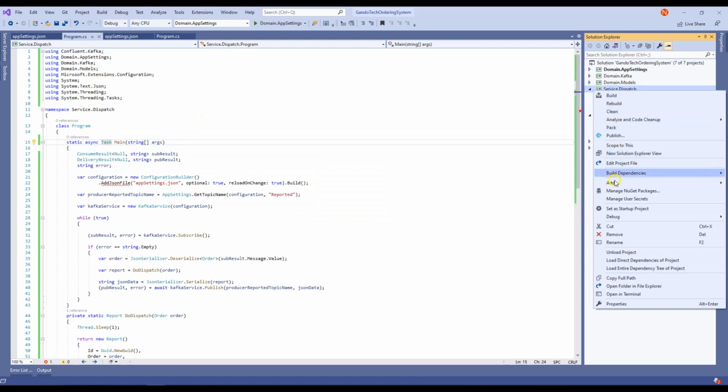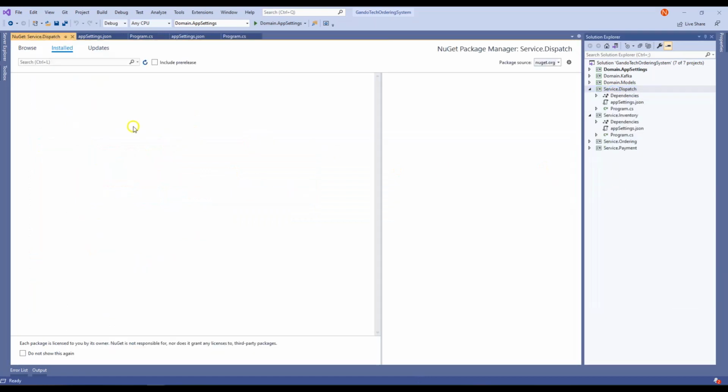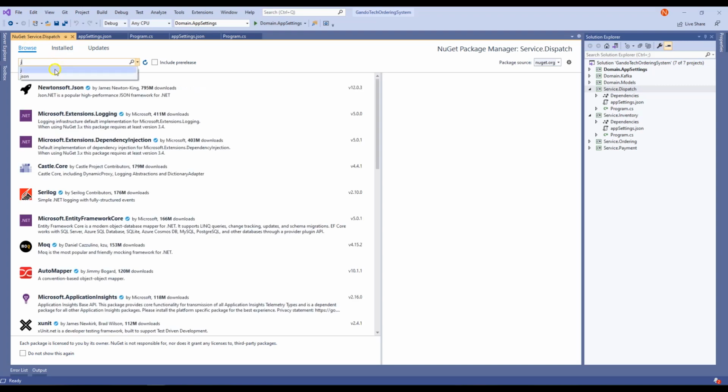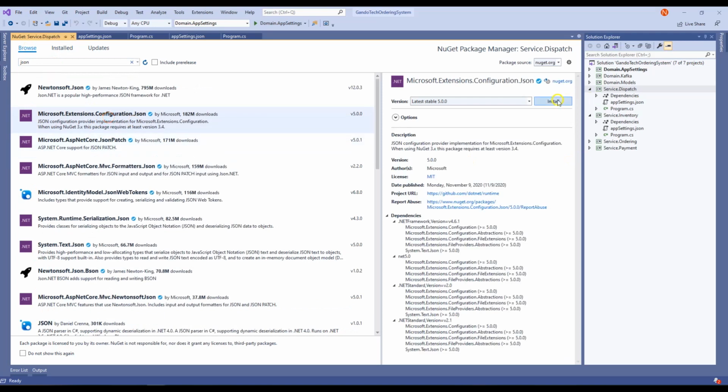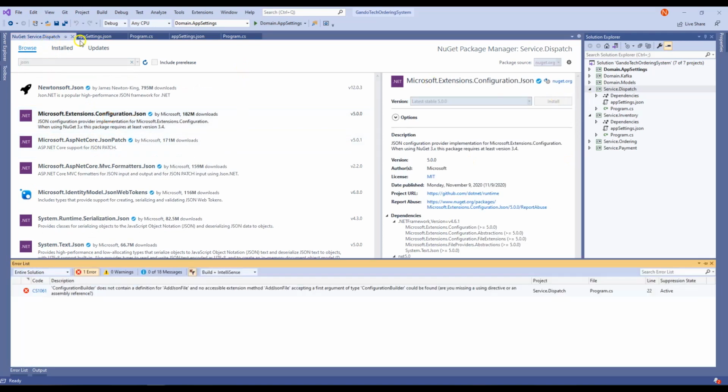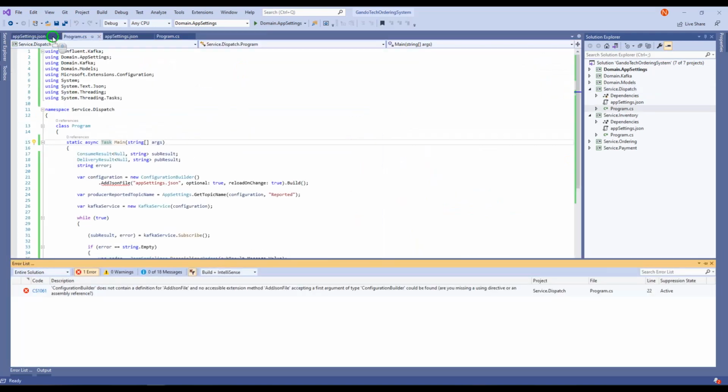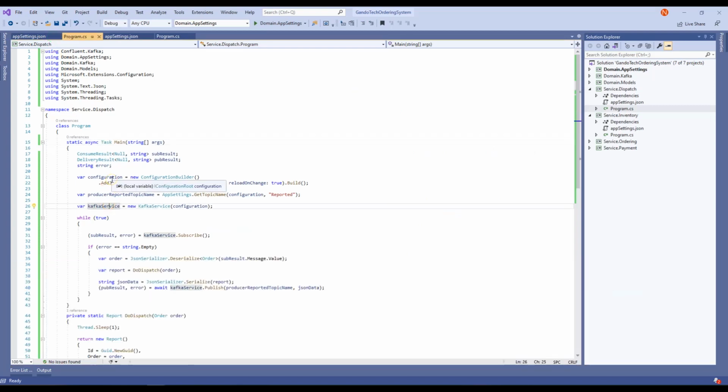Also adding that lovely JSON format, JSON NuGet package for extension, configuration extension, and that's it. Okay, cool. Awesome. So this microservice is fairly simple because it's just